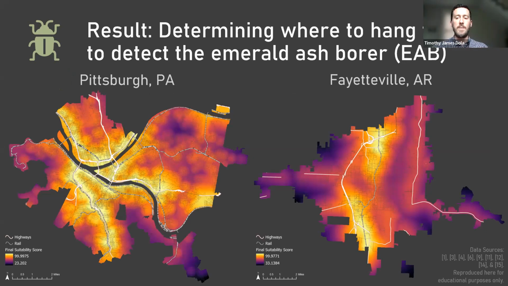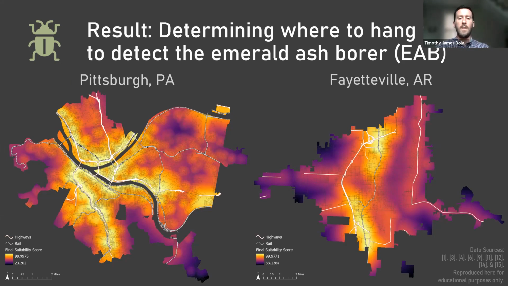area. I'd like to note that for Fayetteville, the baseline raster was in a UTM projection, so all the parameters were entered in meters. A great next step would be to take this final suitability raster and apply it in zone statistics. This would allow users to determine exact properties, block groups, or neighborhoods that score well and are worth